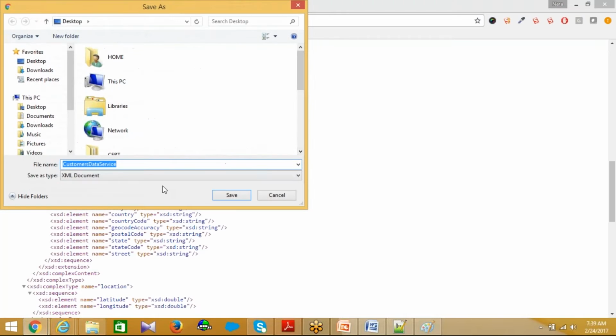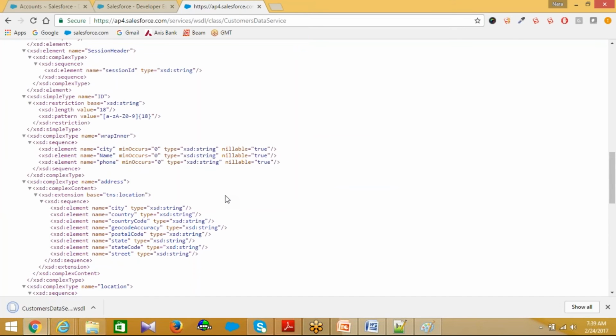Save with dot WSDL. So make sure the dot WSDL always, customer data service dot WSDL. So my service